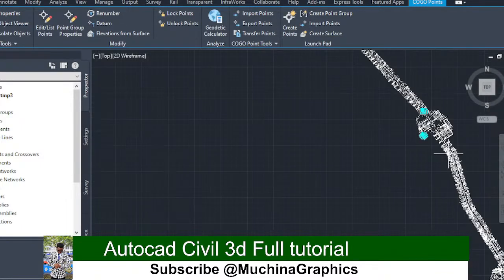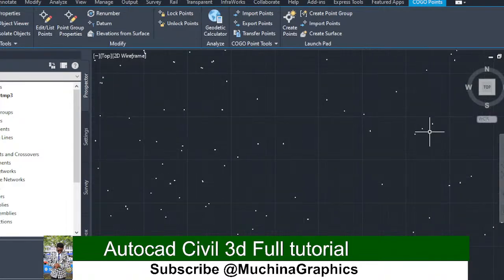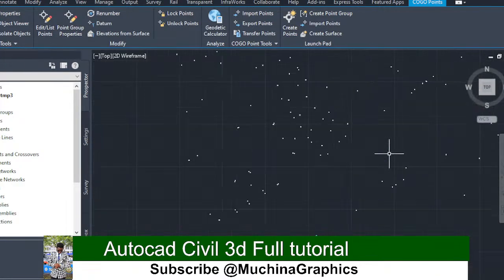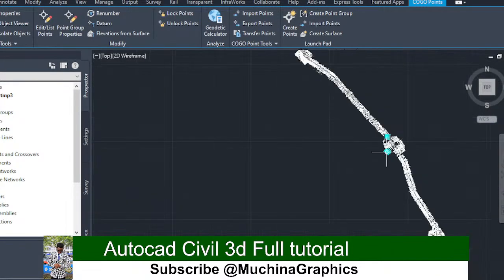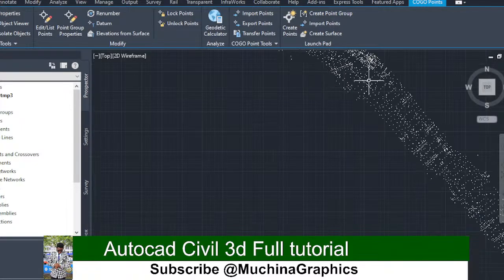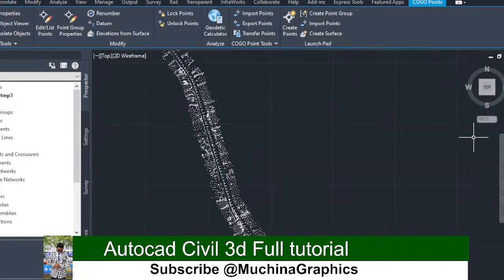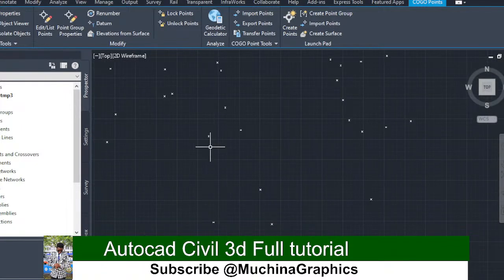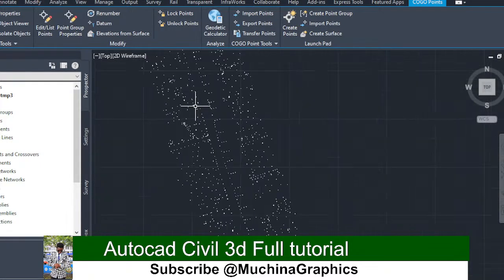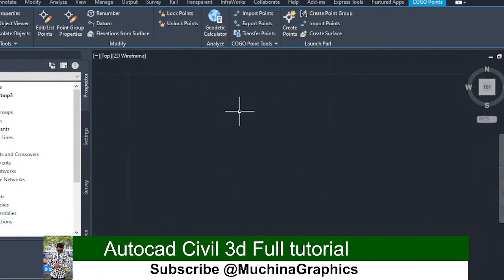So here I have a lot of data. As you can see, this is your data of that section. They are in X form. If you zoom more closely, you see the points are in X form. So they have used the basic